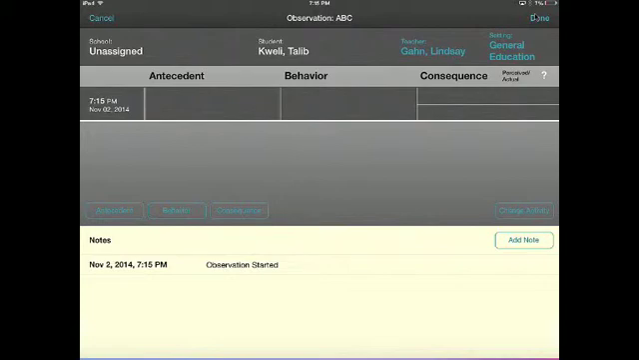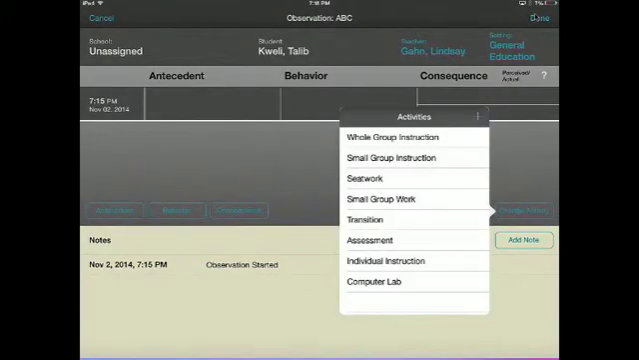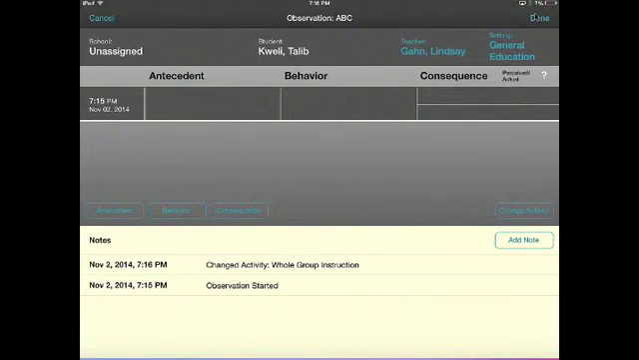Select the activity from the Change Activity button. If the activity changes during the course of your observation, you may change it at any time by selecting this button again. The purpose of this observation is to track behavior chains, including the antecedent or the event that occurred